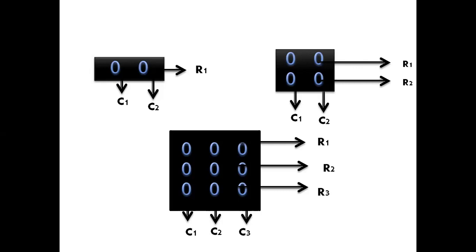Do you guess what type it is? Yes, it is a 0 matrix. No need to consider the order of the matrix. The order may be 2 by 3, 4 by 3, whatever it is. If all the elements are 0 in a given matrix, it is a 0 matrix.